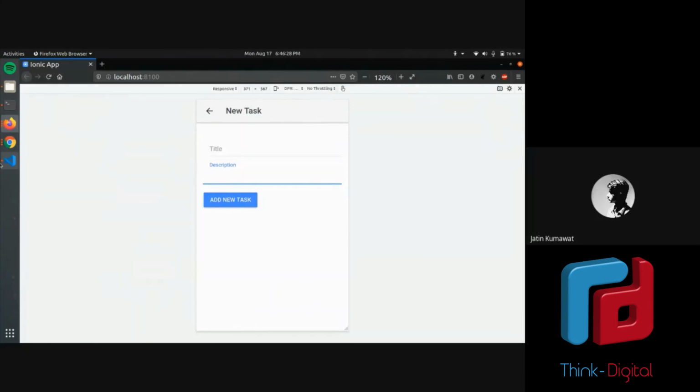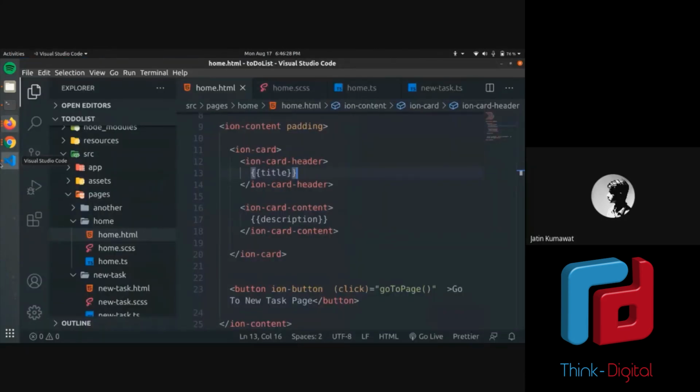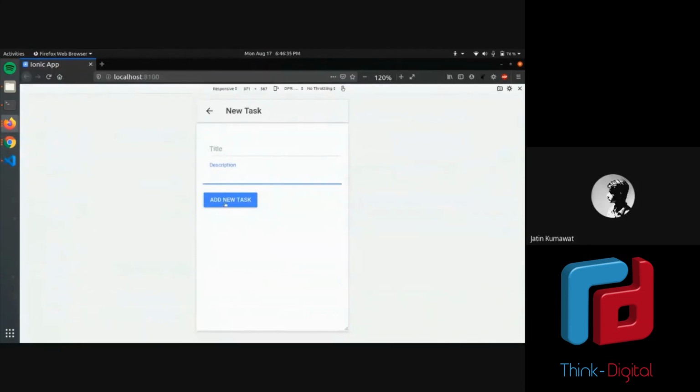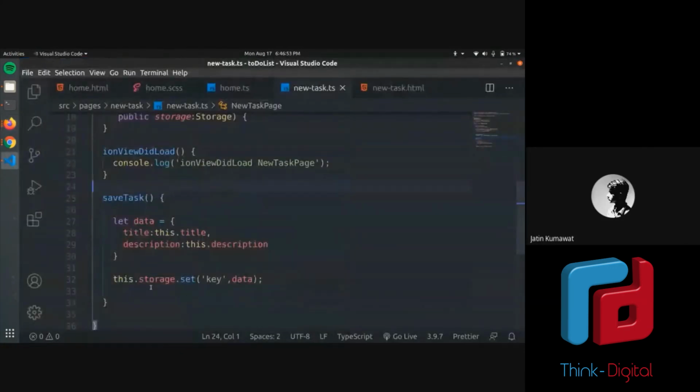One more thing you can do in the new task function is, as soon as you call this function, you would want to close this page. Like if you click on this new task and this page is closed. For that, there is one thing you can do after this line.